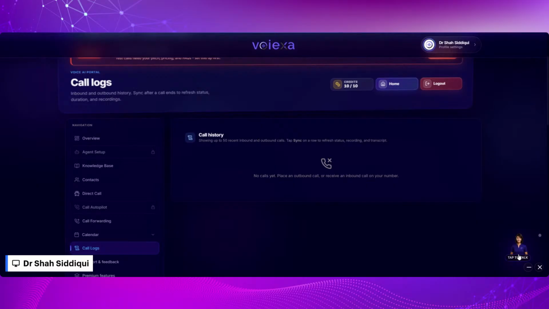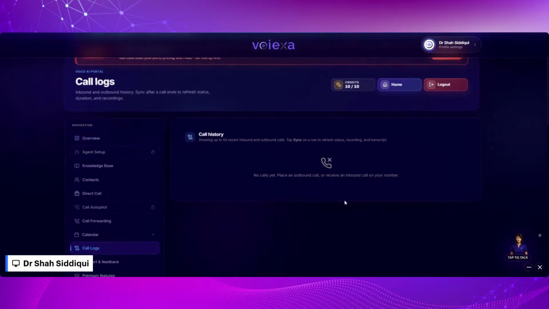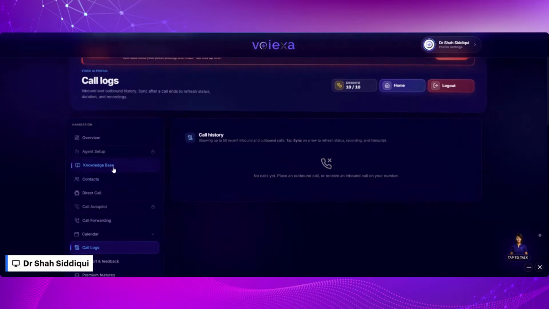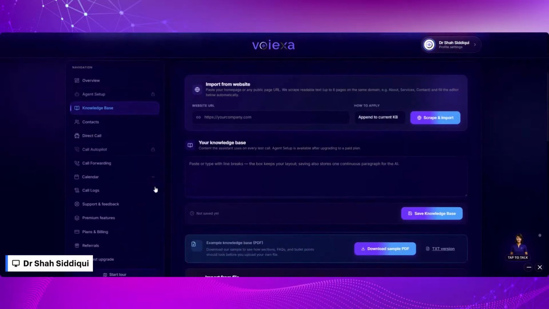And you can also talk to her to understand specifically the depth of Voiexa's knowledge, as well as ask her any question related to account setup and all the specifications you need, and she will guide you through. So we have assistant setup as well as tour setup. Anyone registering will feel comfortable. They can do what is needed.